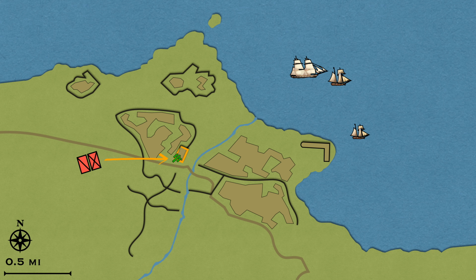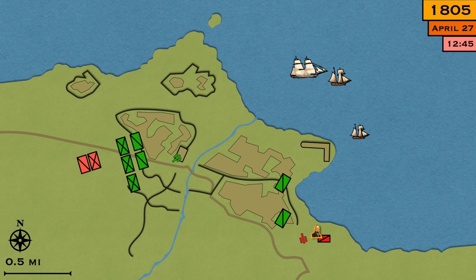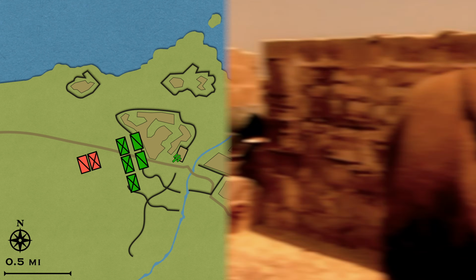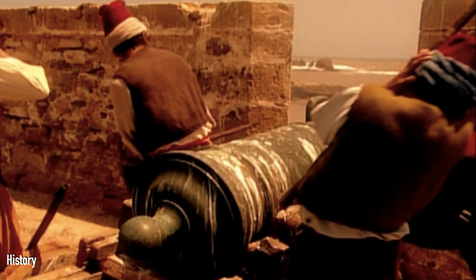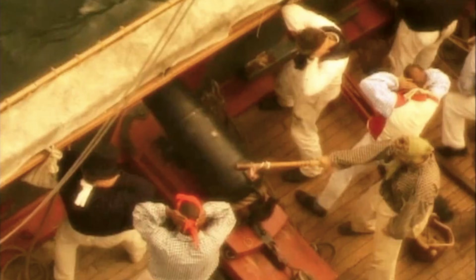From the east, Eaton would lead the 80-man strong Christian force with their lone field piece and take the fort once the naval bombardment had softened it. At 12:45, the ships opened fire, and after an hour, the 8-gun fortress was largely abandoned by the Tripolitans. However, the land effort was less successful.